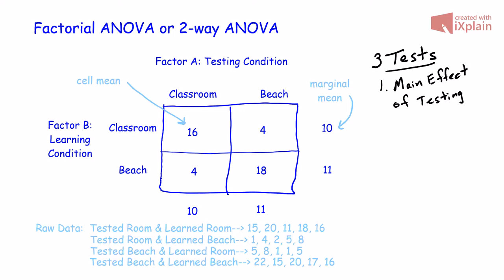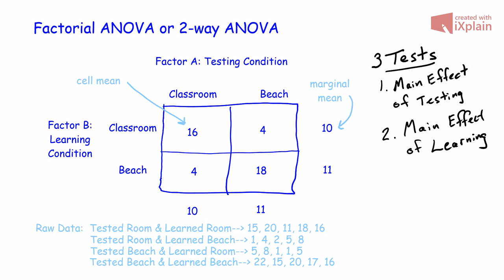So again, the first test is comparing the difference between these 2 to see if that's likely or unlikely to be due to sampling error. The second test is going to compare the other marginal means. It's going to compare these 2 marginal means to see if this difference is likely or unlikely to be due to sampling error. And then finally,